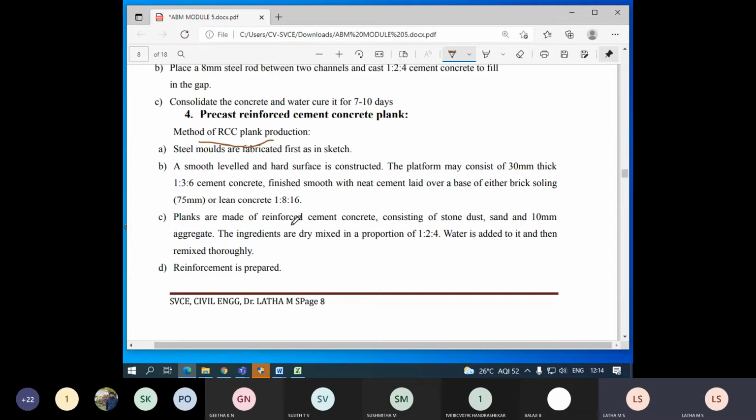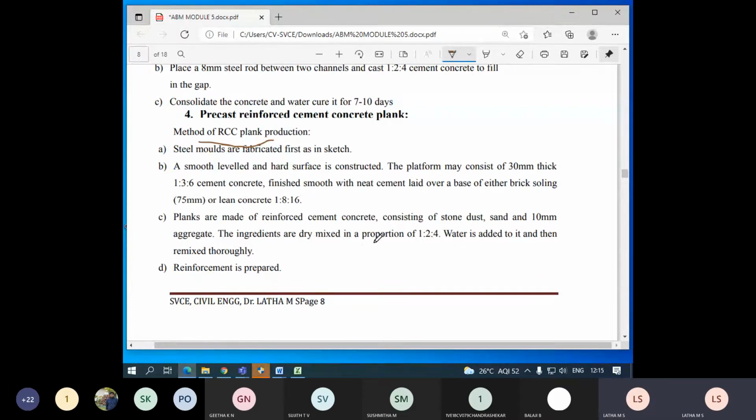Planks are made of reinforced cement concrete, consisting of stone dust, sand and 10 mm aggregate. So first you have a cement mortar of 1:3:6. Then you have to place the reinforcement. On that reinforcement you will be placing the stone dust, sand and aggregates.